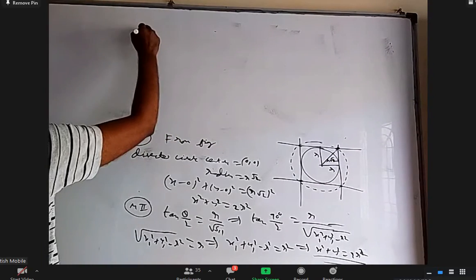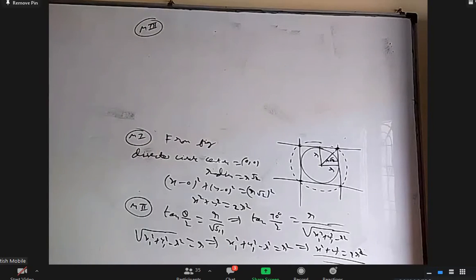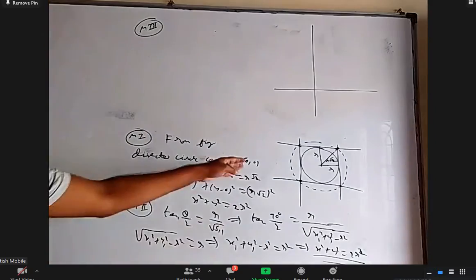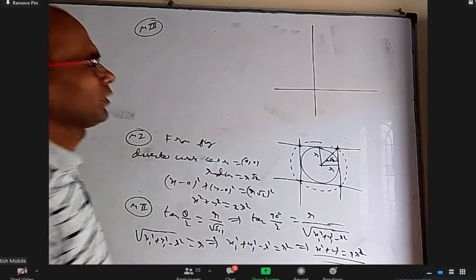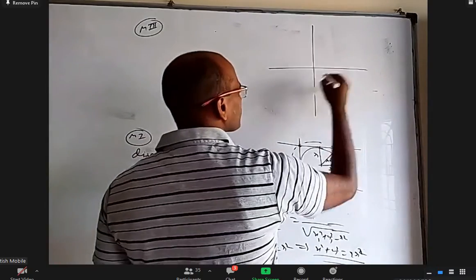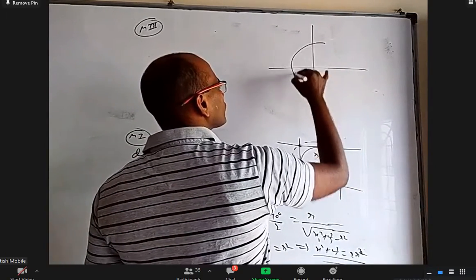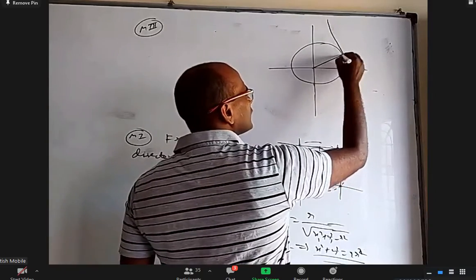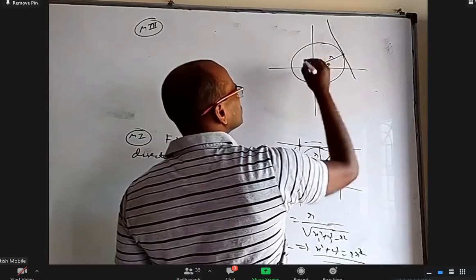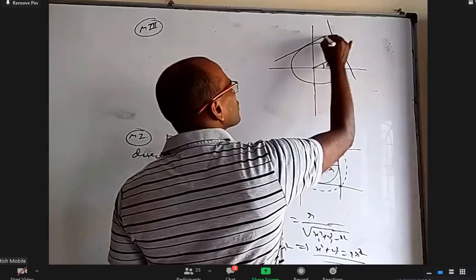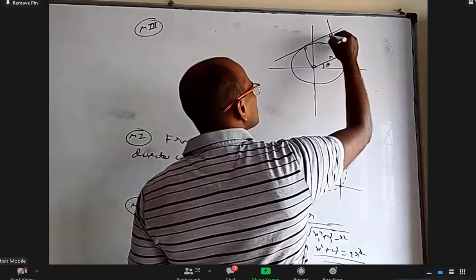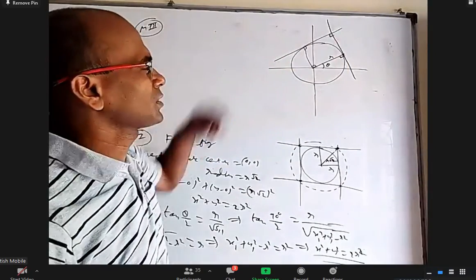Okay, method 3. Actually the first two methods are very simple, but still I'm taking them so that it gives some idea for other questions. Let me take one tangent. This inclination is theta, this is r. Let me draw another tangent perpendicular to that, where the normal is also perpendicular. This is 90, this is 90, this is 90, this is 90. These are the two perpendicular tangents.